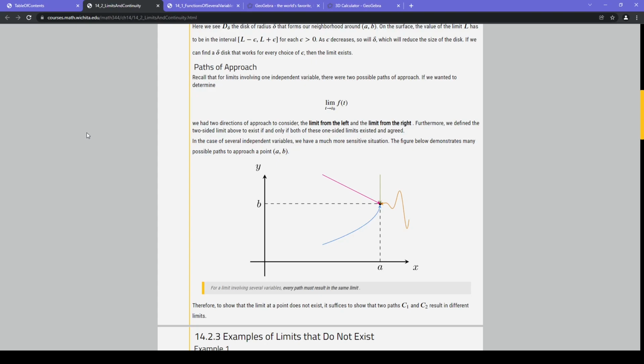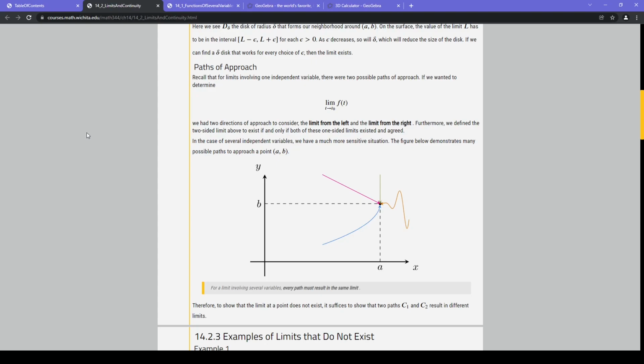Because in order for that condition that I just described to be satisfied, I have to have the same value for the limit regardless of how I approach the point. Okay? Because I can come from an infinite number of directions in 2D, right? There are an infinite number of paths. And that's only counting the paths that are straight lines,